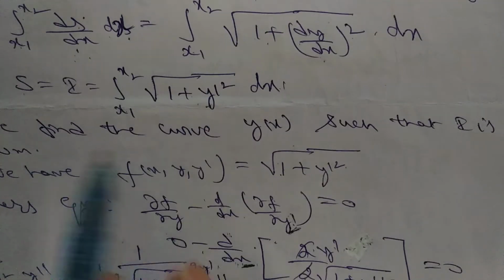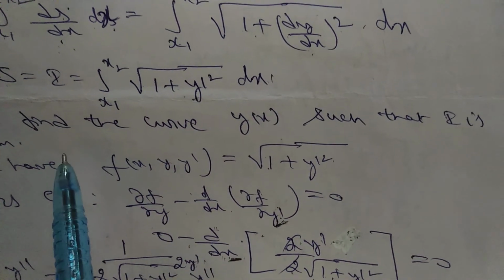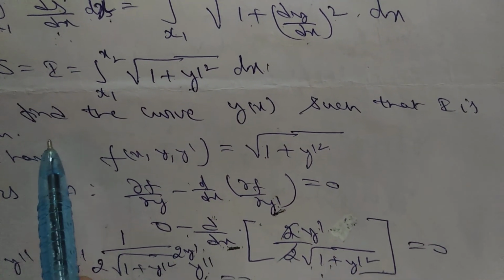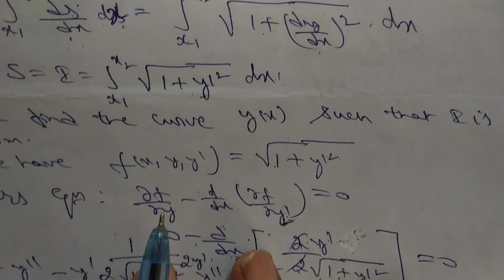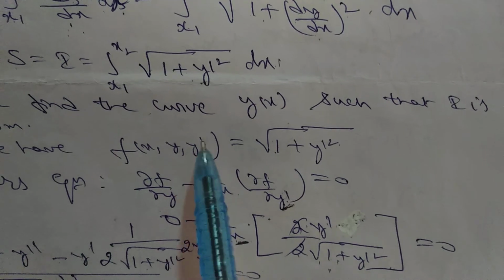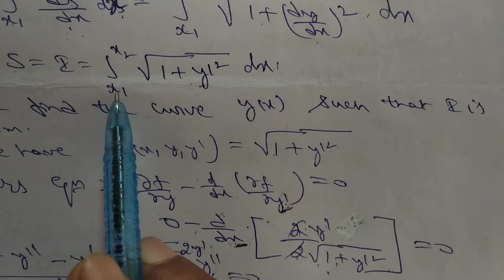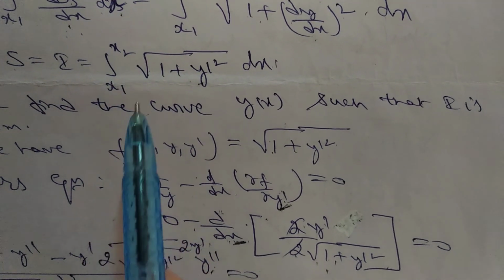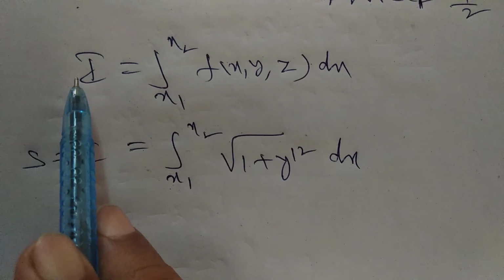So now you have to find the curve y of x such that I is minimum. Minimum means extremal function here. Same thing, already you solved that problem by Euler's equation. So I is minimum means what? You have to take f is equal to this equation. So I is minimum means f is equal to. Already we know functional means what? I is equal